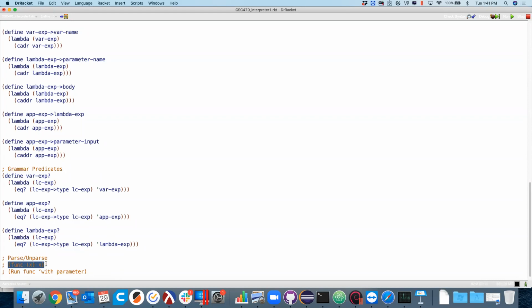where really the func would be this full-on thing, because we have to provide it the entire function since we don't have a way of resolving variables in an environment yet. Well, actually, we don't have a way of storing functions in an environment yet. So we have to give it the whole kit and caboodle at this point. But we can run it with the parameter, and potentially this could be something stored in the environment. All right, so that's some syntax that we have. And then for a